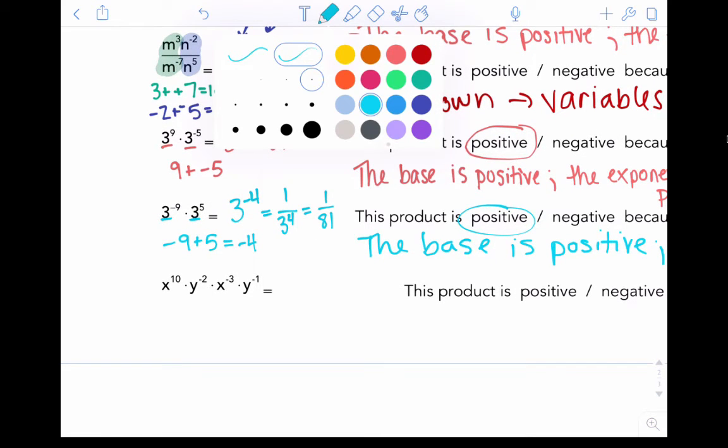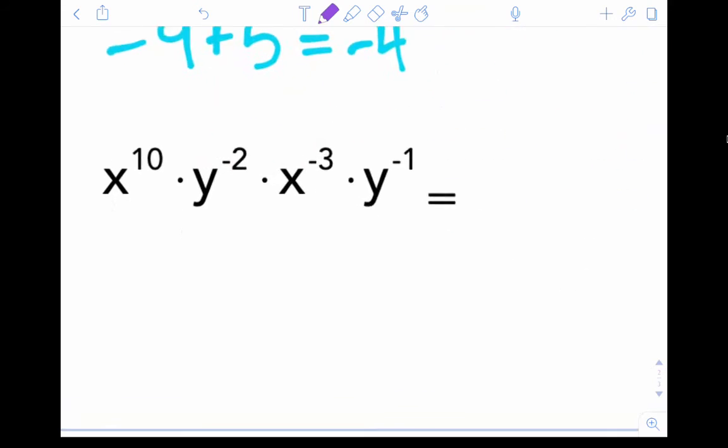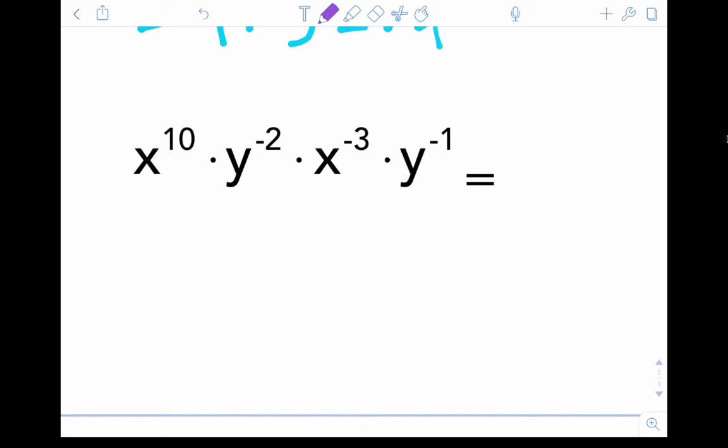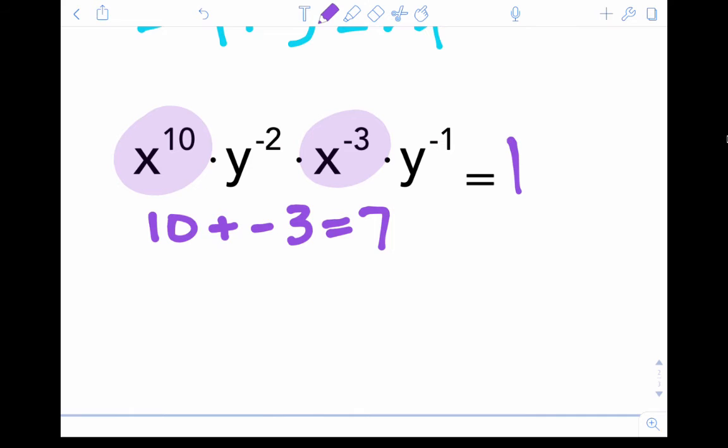I just have one more problem left. X to the 10th times y to the negative 2nd times x to the negative 3rd times y to the negative 1st. There's a lot going on here. So let's just focus on one part at a time. I can only combine numbers that have the same base. So I can combine my x's, and I'm multiplying. So I'm going to add the exponents. So I can do 10 plus negative 3, which is 7. So I have x to the 7th